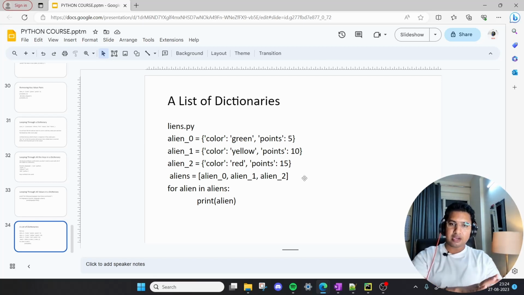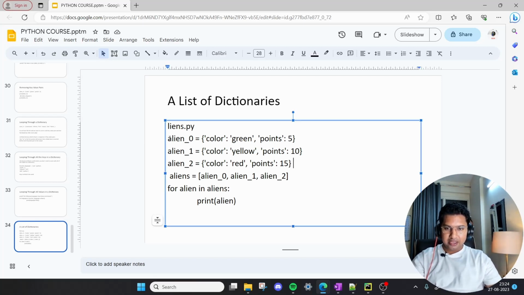So list के अंदर भी हम डिक्शनरीज को स्टोर करवा सकते हैं, और सेम डिक्शनरी में भी हम लिस्ट को स्टोर करवा सकते हैं। ठीक है, सो एवरीथिंग इज पॉसिबल। जैसे कि इस प्रोग्राम में एलियन जीरो करके हमारी एक डिक्शनरी है जिसमें कलर एंड द वैल्यू इज ग्रीन, और ये एक लिस्ट है एलियंस जिसमें हम तीनों डिक्शनरीज को स्टोर करवा रहे हैं। ठीक है, और फिर उसके बाद इसको प्रिंट करवा रहे हैं। तो लेट्स ट्राई फ्यू प्रोग्राम्स